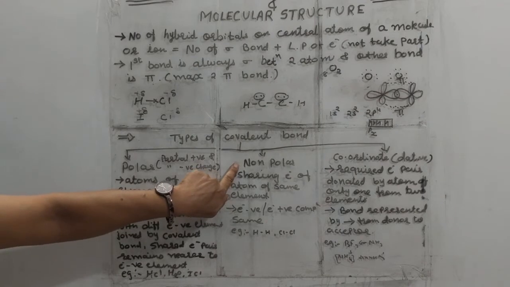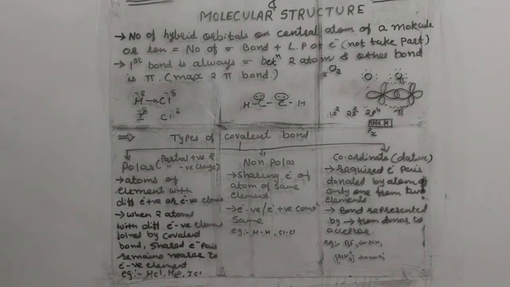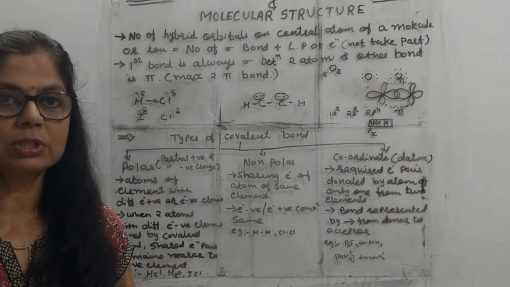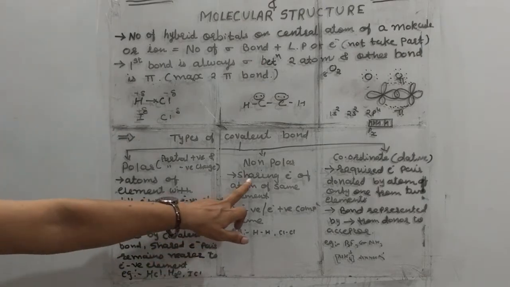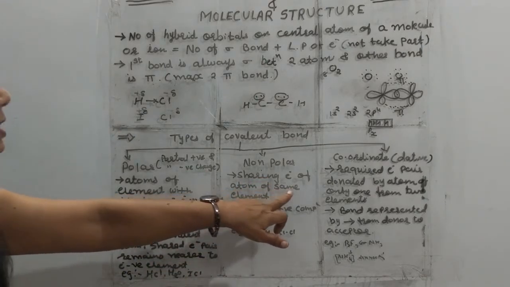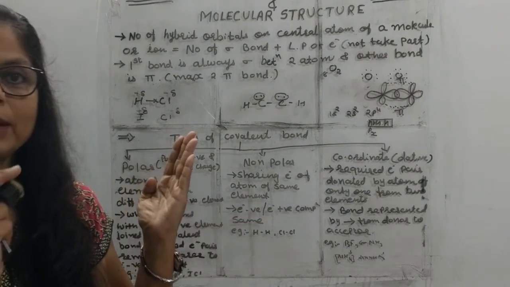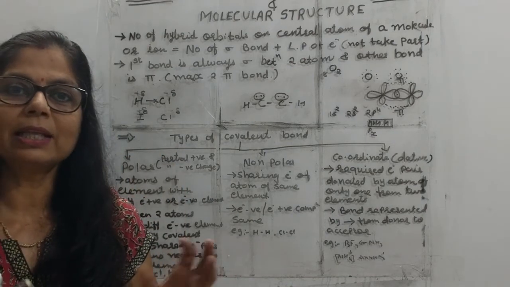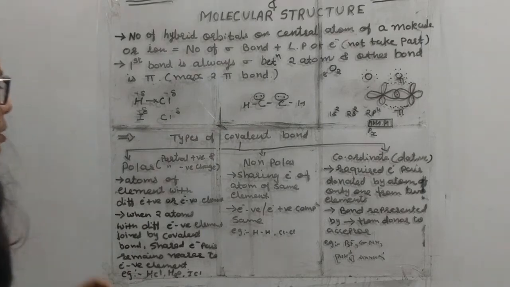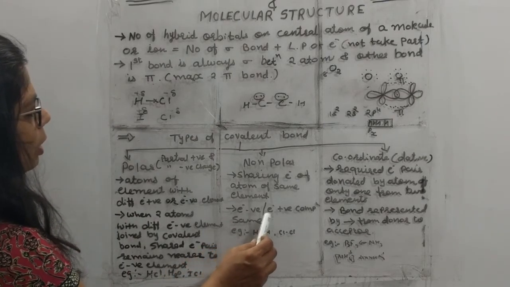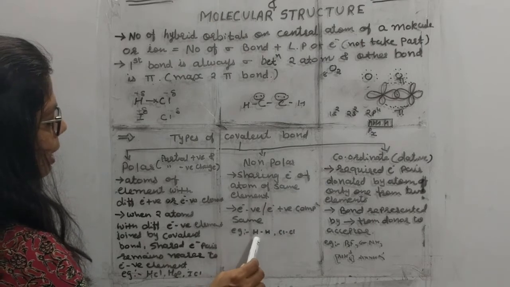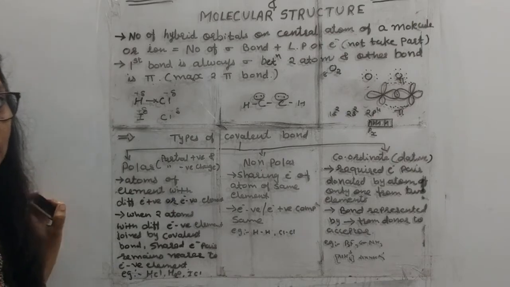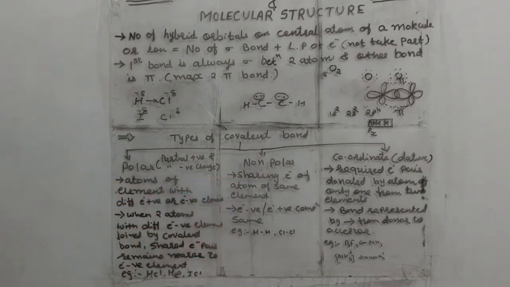The next one is known as the non-polar covalent bond. In the non-polar covalent bond, student, generally it forms molecules, means H2, Cl2, because here the sharing of electrons is between atoms of the same element. It is non-polar, the electronegativity of both is the same, means we can say that they are atoms of the same element. So here electronegativity is the same, and I have given the examples H bond, Cl bond, N bond. They all are known as non-polar bonds.